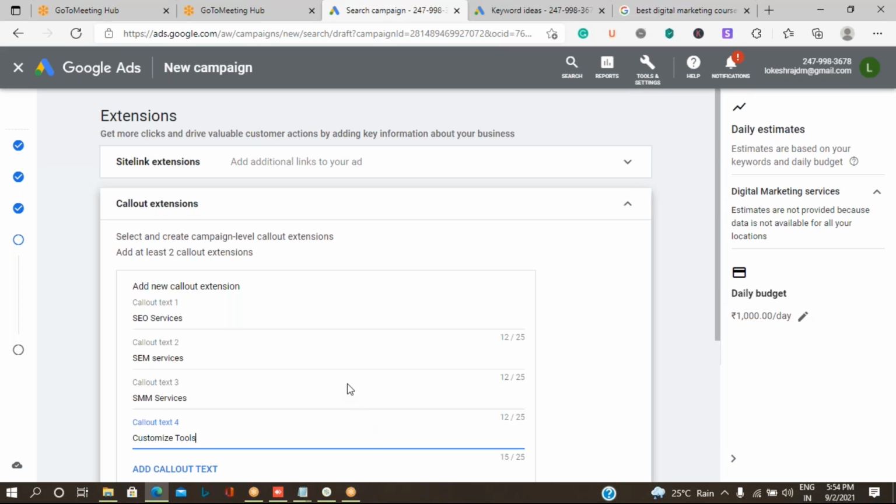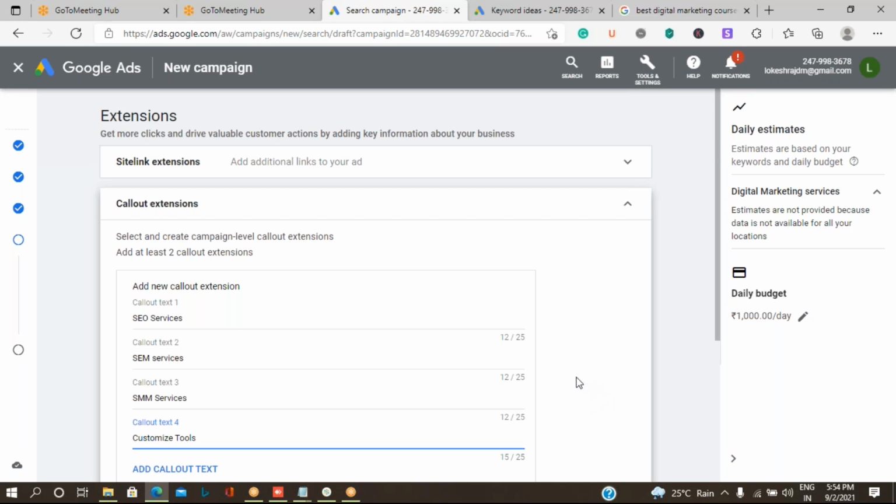Okay, so I want my ad to be highlighted with this type of services. So I will add all this information as a callout extension. That means my ad is shouting and saying that these are the important things.